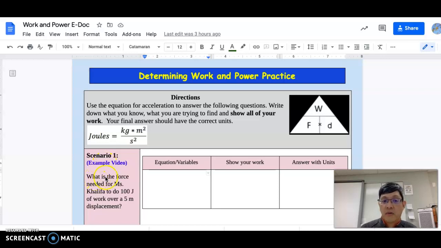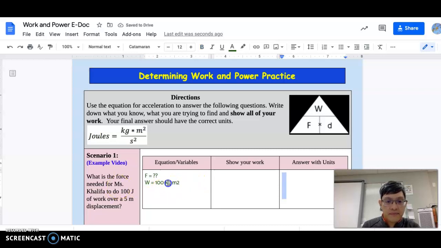So here I'm looking for what is the force needed. So I type in here, force is what I'm looking for, question mark, right? What am I given? I'm given work is 100 joule of energy. But instead of 100 joule, I will put in kilogram times meter squared, which I'll change in a little bit, divided by